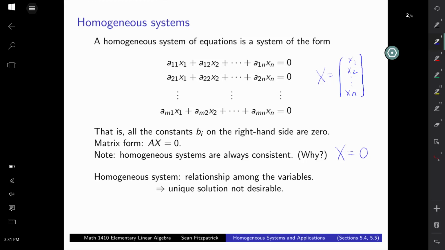And so with a homogeneous system, the question is not whether or not a solution exists. The question of interest is whether that solution is unique, right? And to some extent, we don't really want a unique solution here. With non-homogeneous systems where we have numbers on the other side, often we want that unique solution. We want to know there's one right answer. But here, a unique answer is that everything is zero. That's kind of boring. If we get a non-zero solution, that means that we can solve for some of our variables in terms of the others,